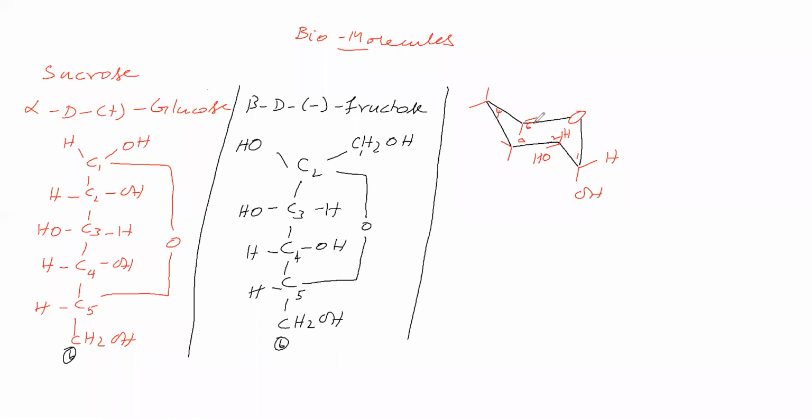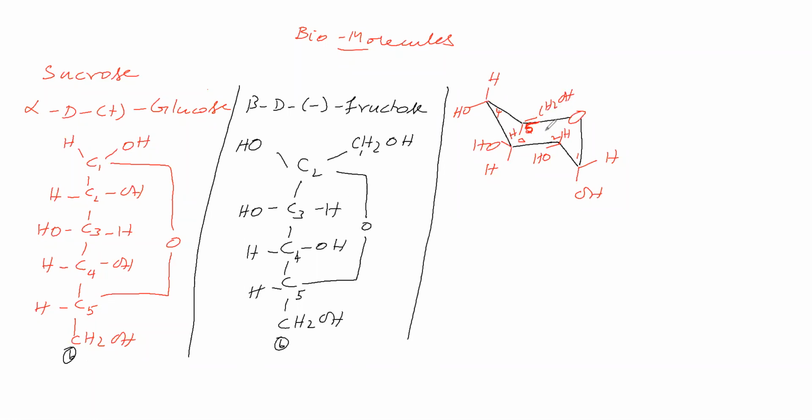Now this is the fifth carbon. So in the fifth carbon axial is down, equatorial is up, like this. Now we will go for the third carbon. In the third carbon OH is on the left, therefore write it at the top. In the fourth carbon OH is on the right, down. In the fifth carbon two groups are there, one is H, another is CH2OH. CH2OH on the right is always up, equatorial here. So H we have written here. This is alpha D plus glucose.